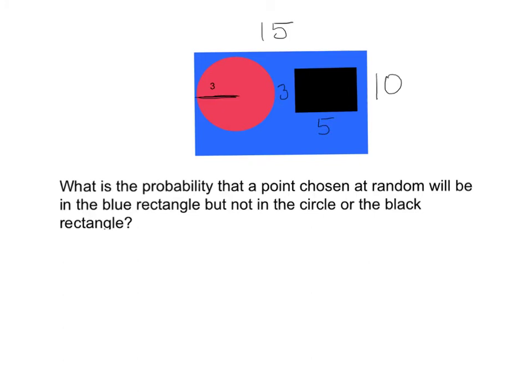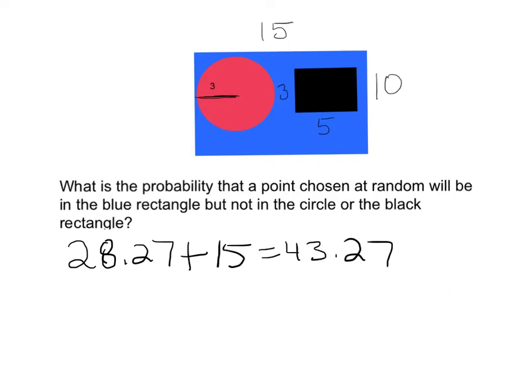What's the probability that a point chosen at random will be in the blue rectangle but not in the circle or the black rectangle? There's a couple ways to look at this. Either you can take the percentages and add them together and take them away from 100, or you can take the areas, 28 and 27 hundredths, and add them, and then take them away from the area of the total,